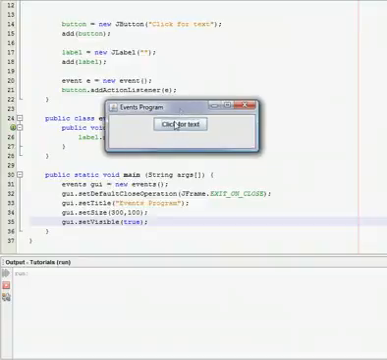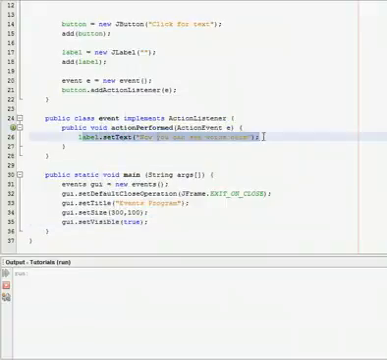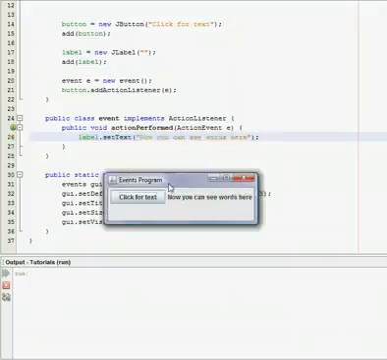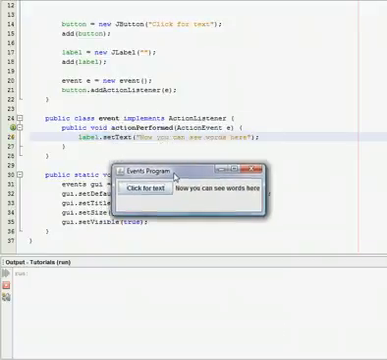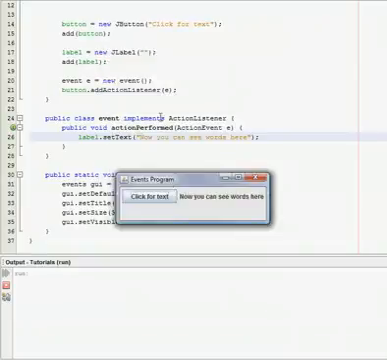Run this thing. Now, we have a button that says click for text. We click it, and it says, now you can see words here. And we can modify this label.setText, this actionPerformed method, so actually when we click it again, the words would disappear or something like that, but I'll get into that in a couple more tutorials. So for now, just study this code, try to remember it,